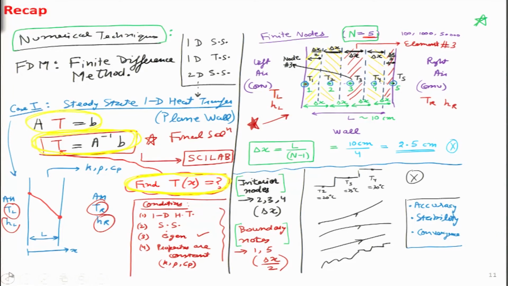If not, then please go ahead and revise this particular portion yourself once again, because this is the most fundamental part of the finite difference method, and I have tried to spend some extra time over here just to illustrate this point, that how do we get discrete temperature points instead of slope in this particular case. So, please go ahead and revise. It is a very interesting thing. If we do it properly, then the computer program will give us the appropriate results.